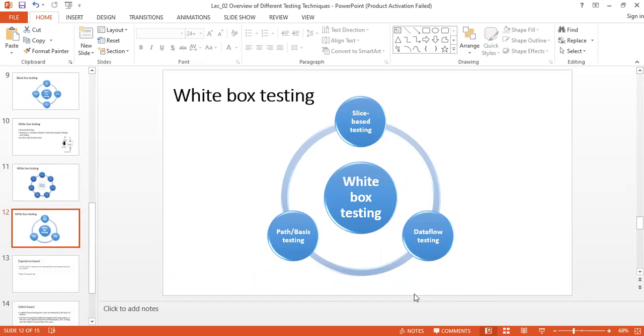In order to understand and implement these 3 white box testing techniques, you need to understand the basic concepts of graph theory, right? Based on that understanding, we can implement these 3 white box testing techniques.